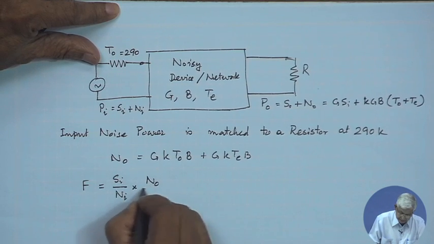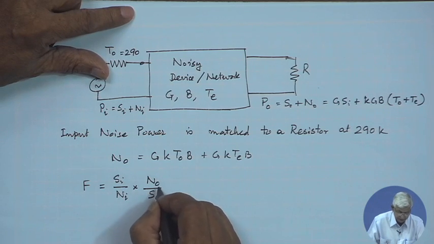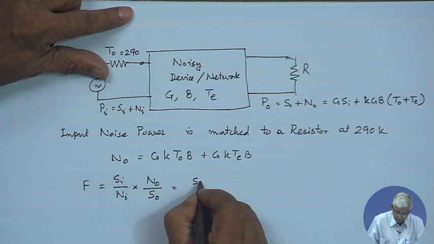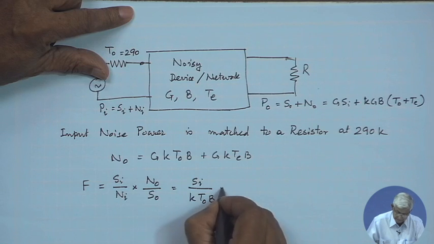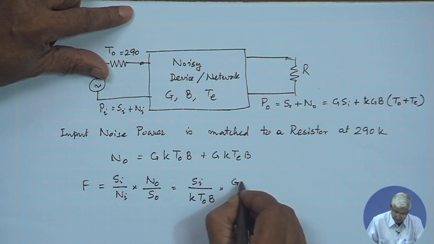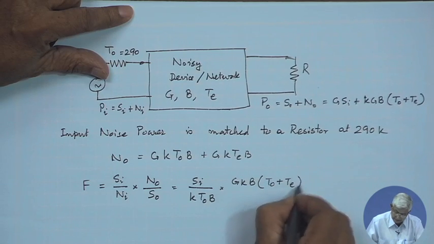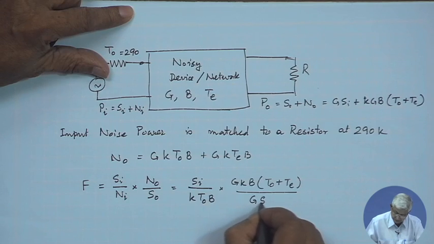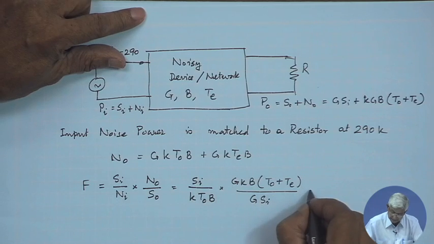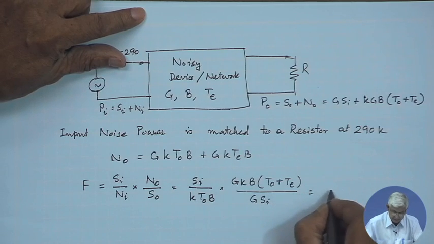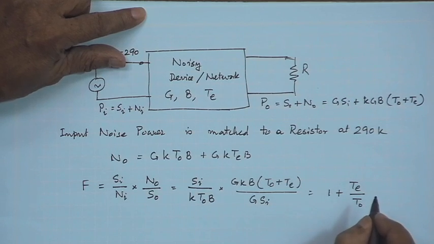So, Si by Ni is KT0B and N0 is G K B (T0 plus Te) divided by G into Si, that is S0. So, all these things get cancelled and the resultant is 1 plus effective noise temperature by T0,